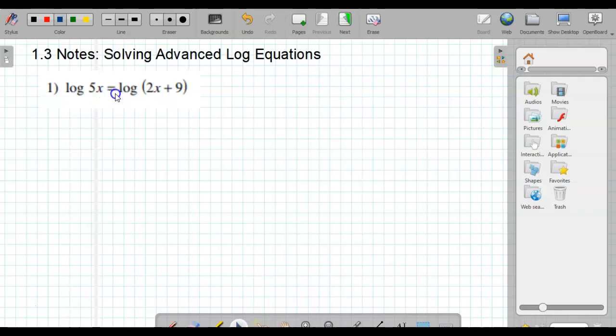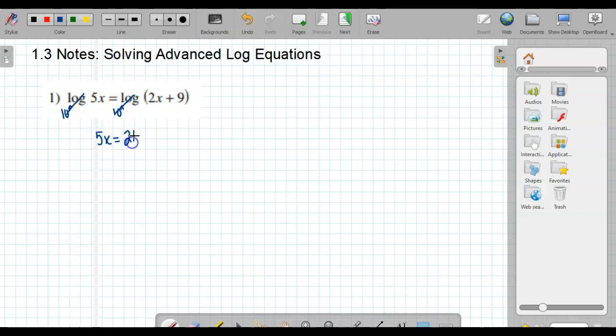We've got log of 5x equals log of 2x plus 9, and we need to get rid of the logarithms on both sides. They both have a base 10. It doesn't say that, but we know this is the common log, so it has a base 10. So we are going to make both of these sides powers of 10, and 10 to the log base 10 cancels out on both sides, so we just have 5x equals 2x plus 9, and now we just have a very simple equation to solve,